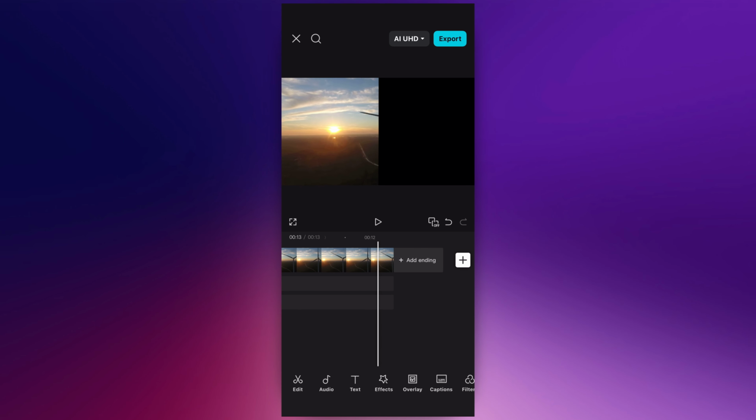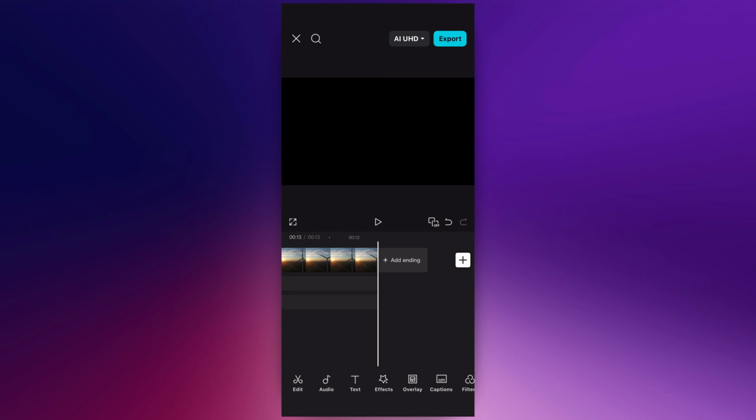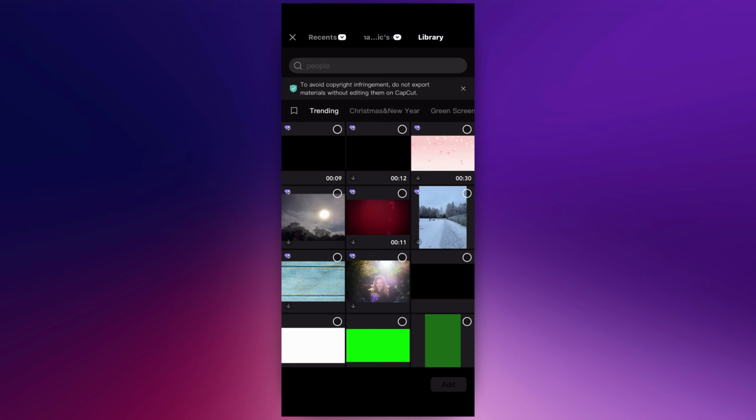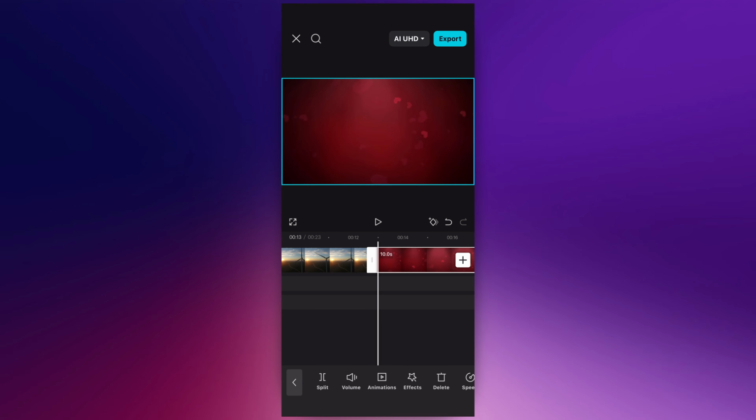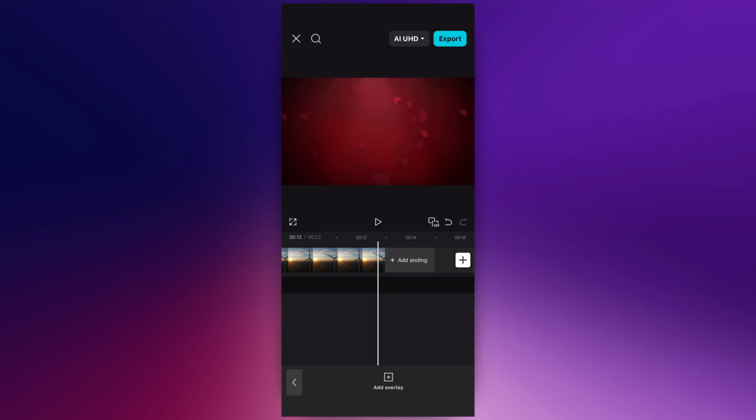So as you can see, I have this video, and if I click on the plus button, so let me go here to the library and let's choose this video here. So I'm going to select this video, then I'm going to scroll here and tap on overlay and add this